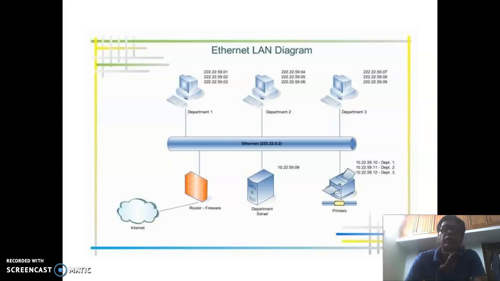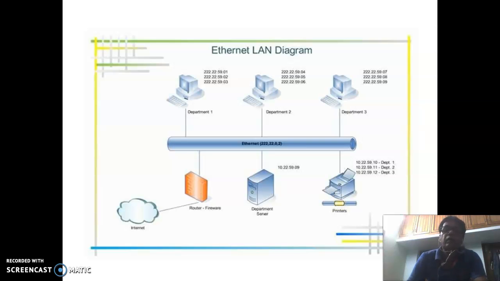In this network, we have an Ethernet, and we have connected a router, and this is the server, and this is the printer, and three computers are connected to the Ethernet.